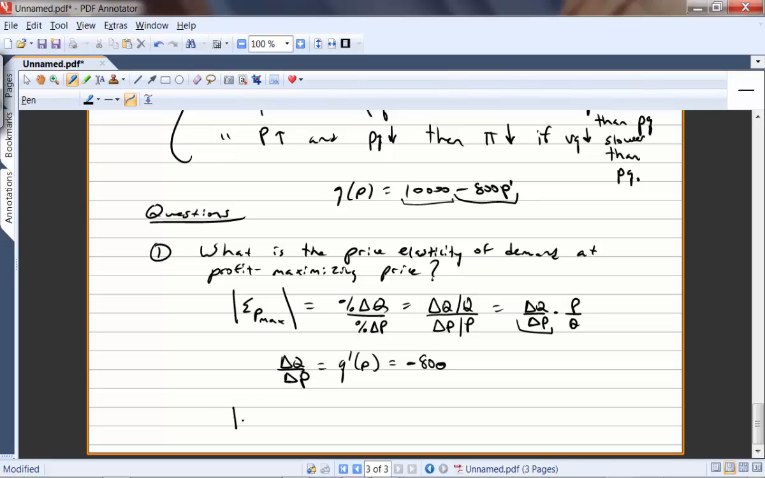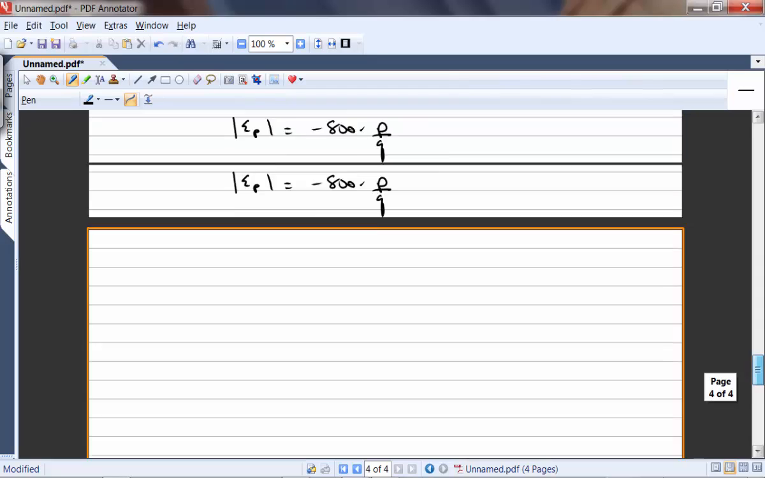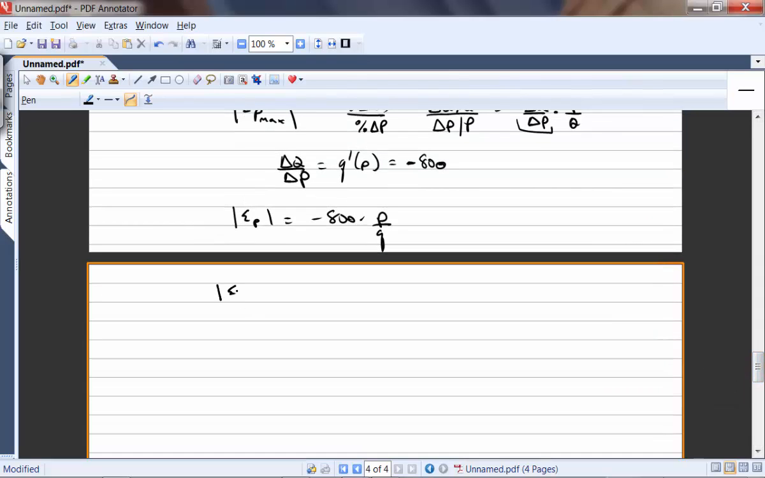That tells us that the price elasticity of demand, in general, at any price, in our particular case, is going to be equal to negative 800 times P over Q. Now we can calculate the price elasticity of demand at various actual prices, now that we have the formula for it. I should be saying the absolute value of the price elasticity of demand, but that's too long to say, so I'll just say price elasticity of demand